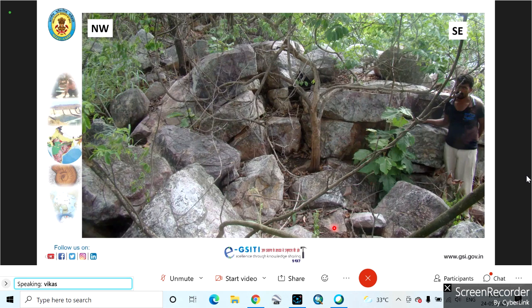So while doing the mapping, where the upper hematite band was present, we saw these types of folds. You can notice this quartzite. It's a large amplitude quartzite fold, with very thick bedded quartzites. You can easily identify that on the left side the beds are dipping to the left, and on the right side they are dipping towards the right. Next, please.